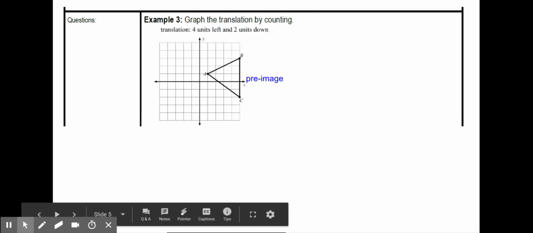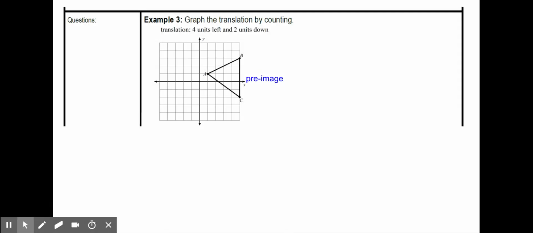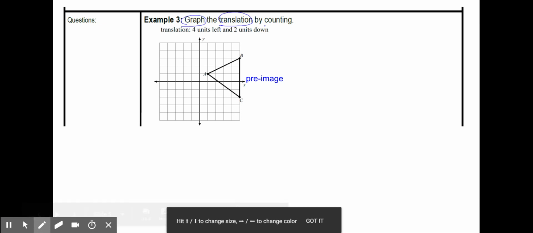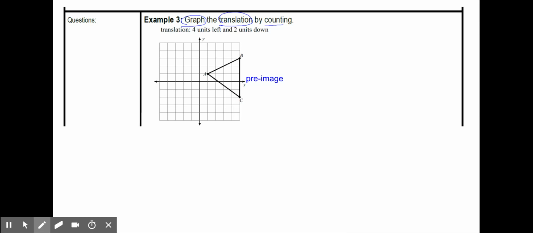Okay, got 2 more examples. So here we're actually going to graph now. We're going to graph our translation by counting. So here's our directions. Our translation is we're going to go 4 units left. So left is my x-axis. So it's like I'm taking my x